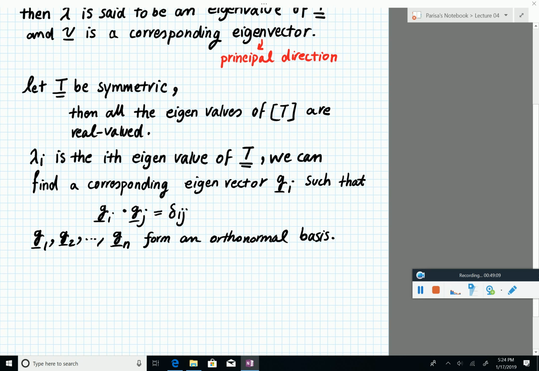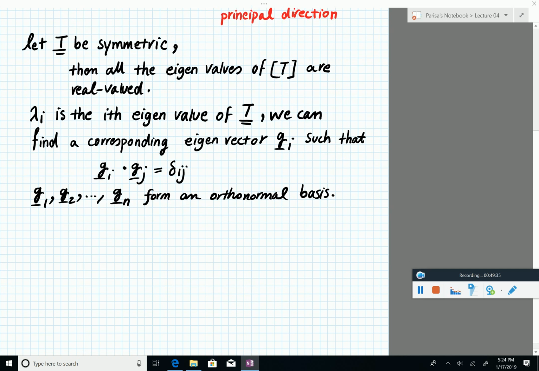A question that I forgot to ask you earlier is, are the eigenvectors unique? No, you can have infinitely large number of eigenvectors, so they are not unique. But if the tensor is symmetric, which is kind of what we have, we are going to have this property that they form an orthonormal basis. And there is another thing that you can show that is kind of interesting to think about. One can show